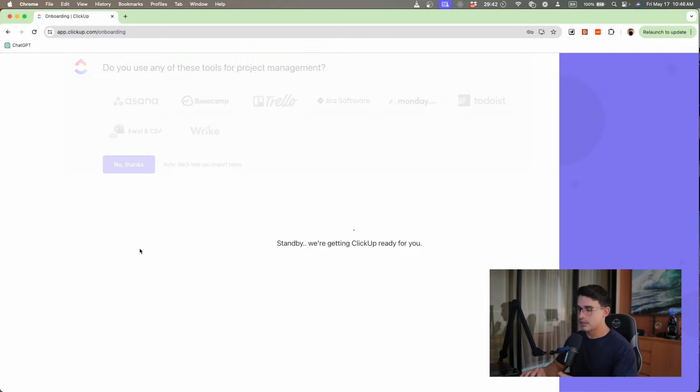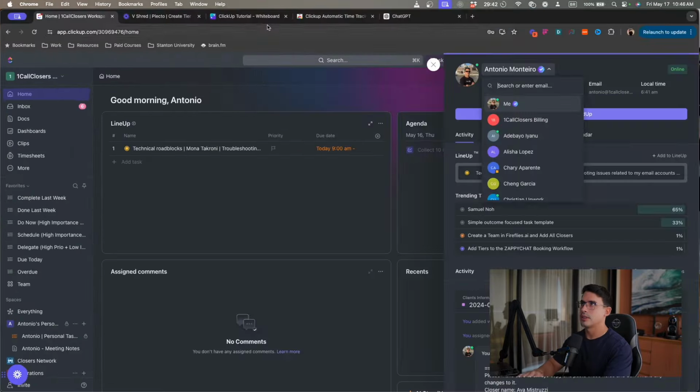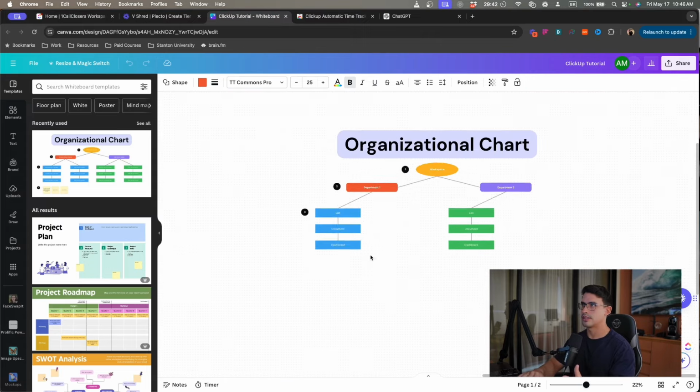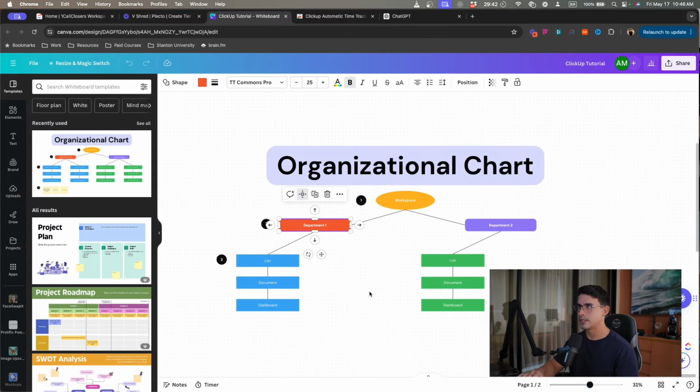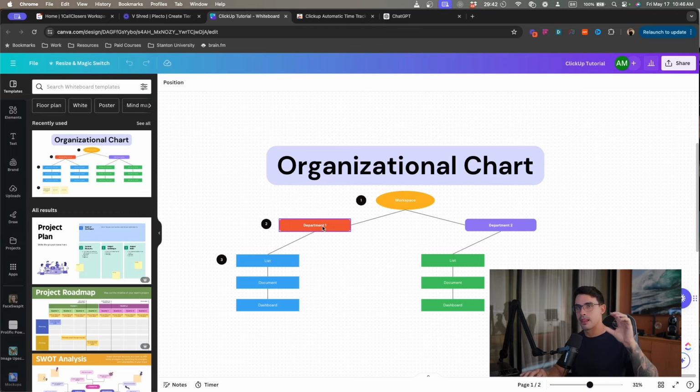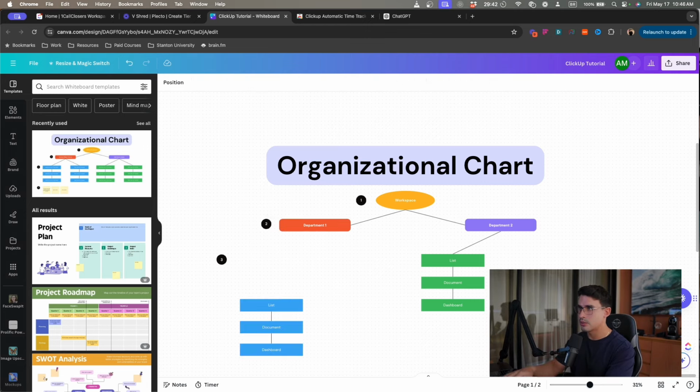While it's setting it up, I'm just gonna explain the thought process on building a workspace in ClickUp. Basically, what you want to do is you have your workspace. You want to break down the spaces within the workspace as departments of your business, and then inside each space you can create, I'm actually gonna add here one more thing that you can create, which are the folders.